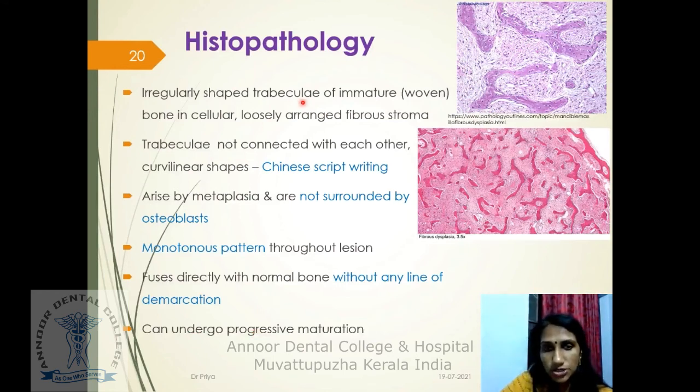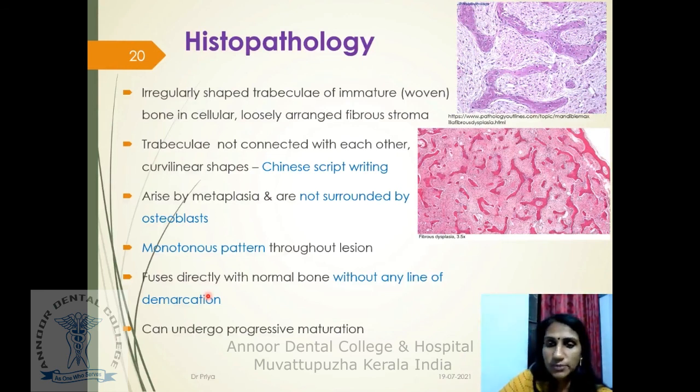So remember, in histopathology, there are immature trabeculae of bone arranged in a cellular, loosely fibrous stroma. The trabeculae are not connected to each other, and they usually have a curvy linear structure, which we call a Chinese letter pattern or Chinese script writing. The bone formed within the cellular stroma is a result of metaplasia. There is no peripheral rimming of osteoblasts. If you take one woven bone, there is no osteoblast on its periphery. It's more of a monotonous pattern. There is no distinction between the lesional tissue and the normal bone because it's all merged, and with time it